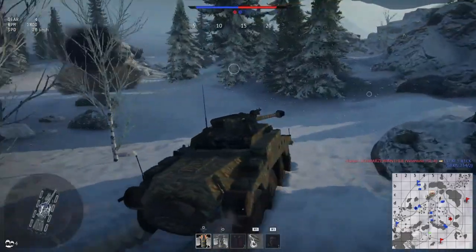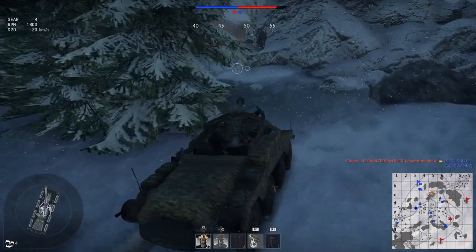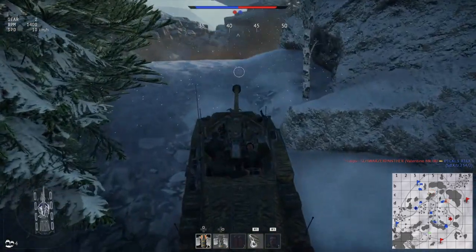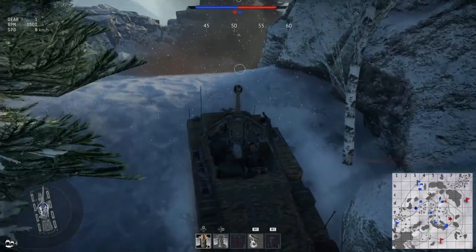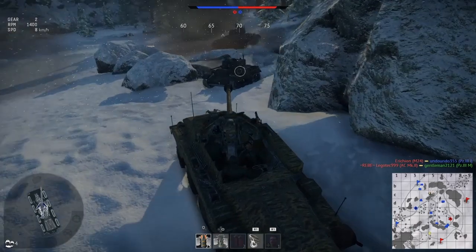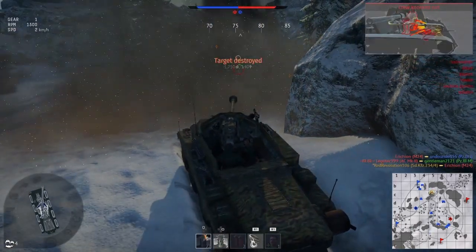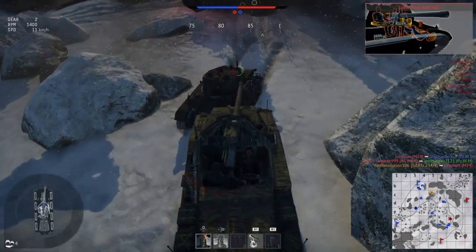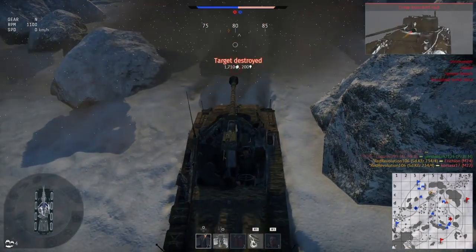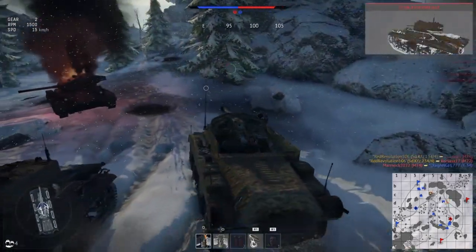The battle rating of this vehicle makes it a little bit complicated to make lineups for, although this is something that, in practice, can be done relatively easily. I tend to go with what used to be the Panzer II. It's a Panzer II with a 50mm gun on it. Again, that is actually quite a rare vehicle now as well, because it used to be part of a pack that you could buy, which included, if I remember correctly, the tank as well as I think it was the